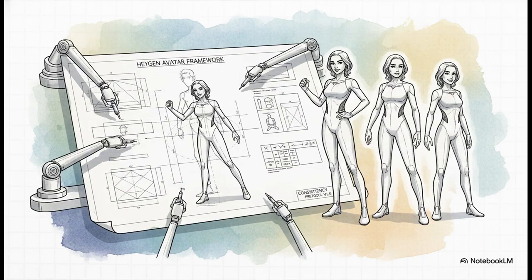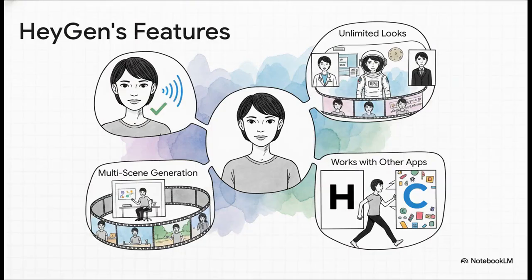And this is where HeyGen comes in. It's not just another general video generator, it's a super specialized tool built from the ground up to solve this one thing: character consistency. It's designed specifically to create reusable AI avatars that always keep their identity. So this shows you how HeyGen tackles consistency from every angle. It makes sure your avatar's voice and looks are perfectly aligned in every single clip. You can put them in unlimited scenes, create these long, multi-scene videos with seamless transitions, and, get this, you can even use your HeyGen avatar directly inside other apps, like Canva. That cross-platform thing is a total game changer.